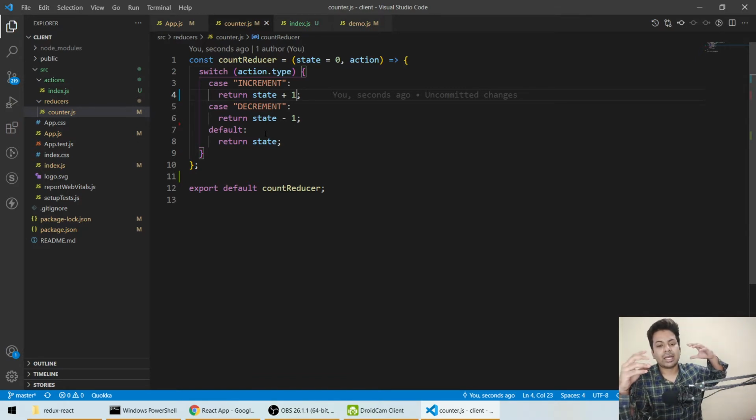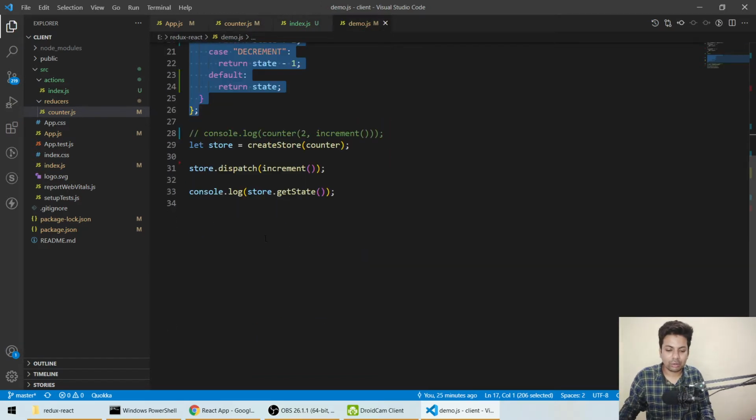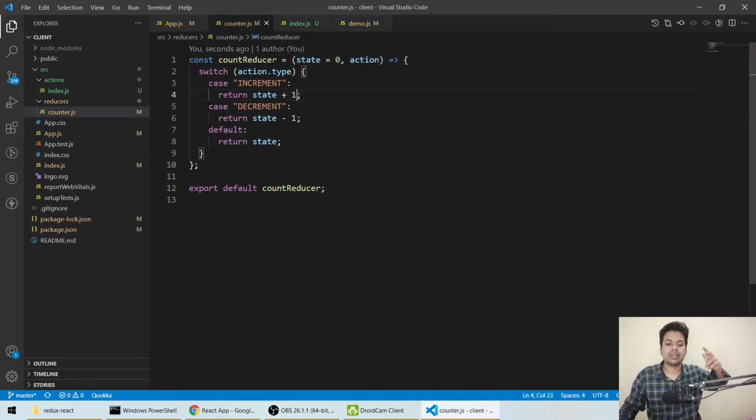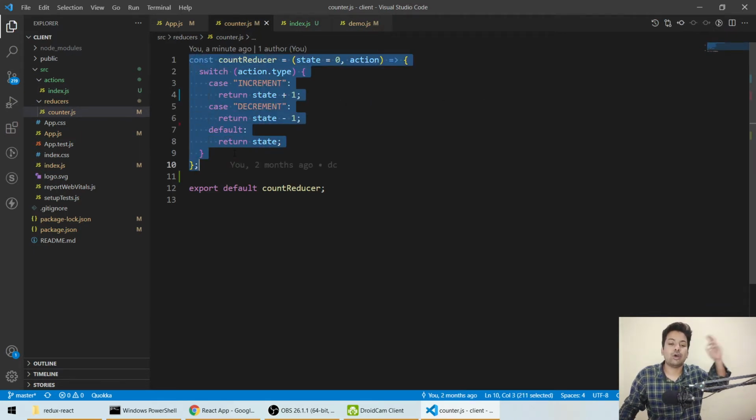What if you want another function which checks whether a user is logged in or not, but you just have to call this like you are calling this dispatch now. So here we can just call is logged in or not, and we can check. So there will be again a reducer, we name it like log reducer.